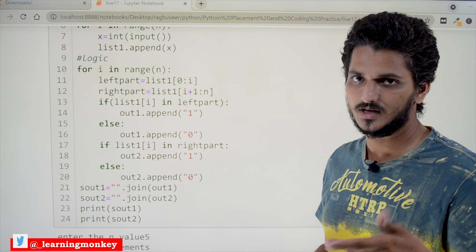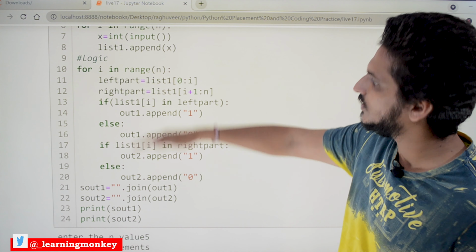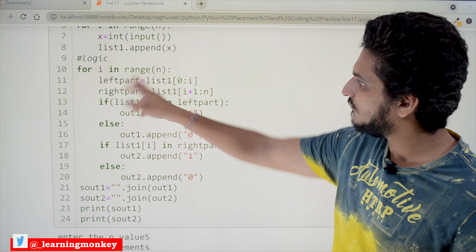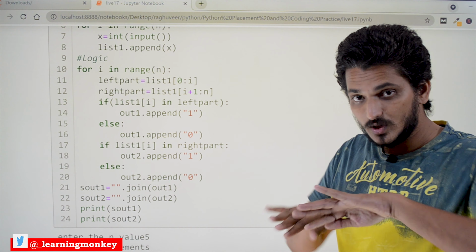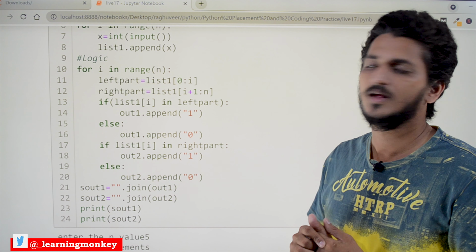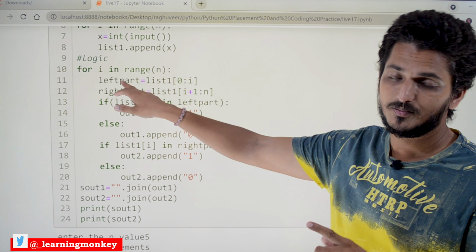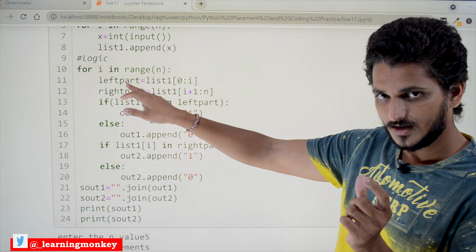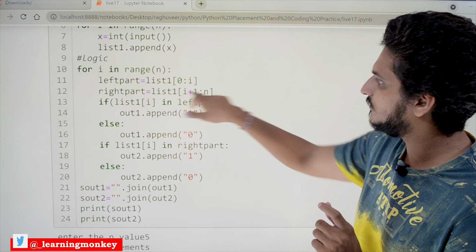We are taking two variables. Each time we go into the loop, we have to update the left and right sub parts, slicing those parts and placing them in other variables. So the left part consists of the left list and the right part consists of the right list.